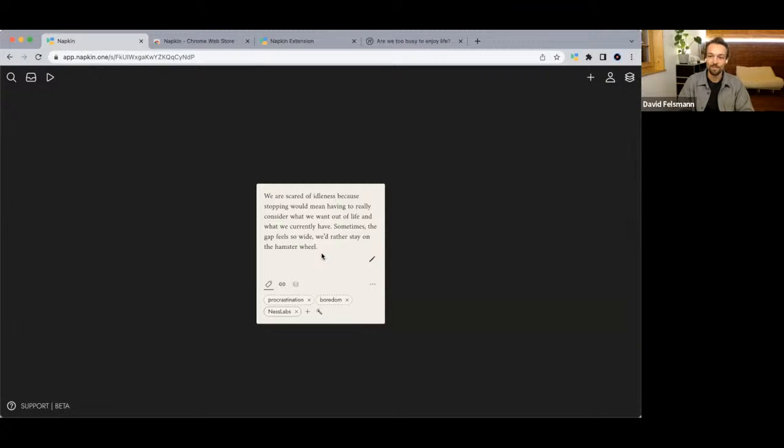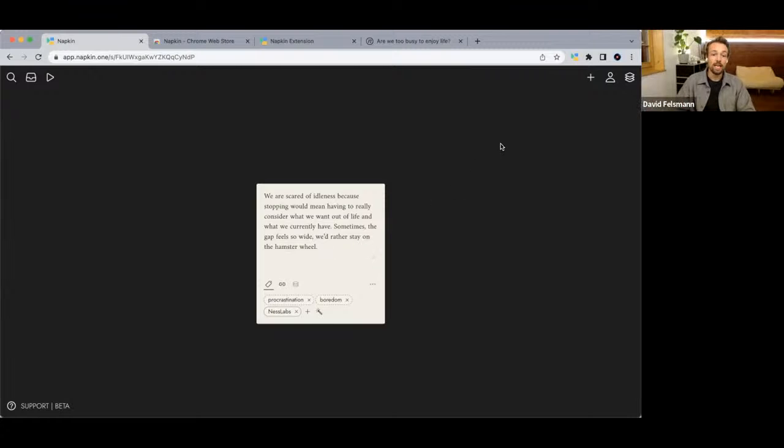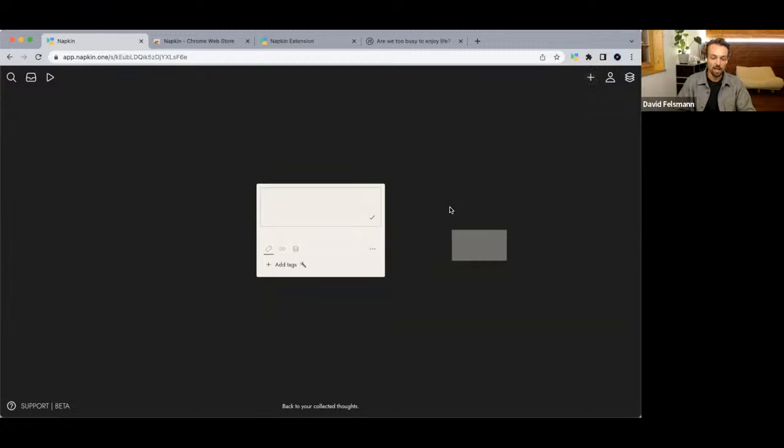That's pretty much it. Is there any way, for example, for me to create a new note directly inside Napkin, or is it more through clipping? It is, of course, possible to do that directly here. You can press the space bar or you hit this button, and then